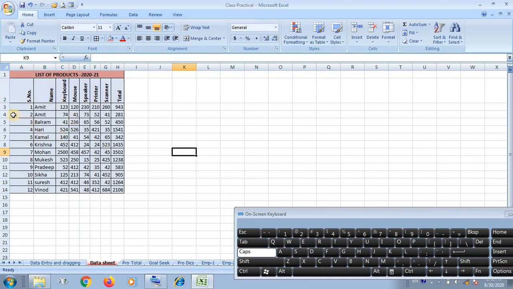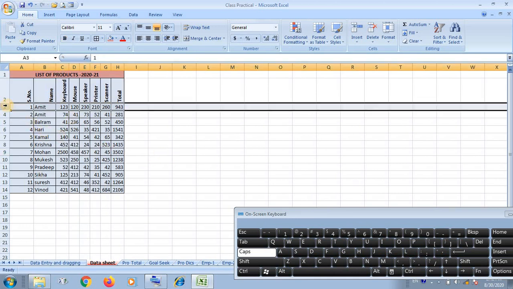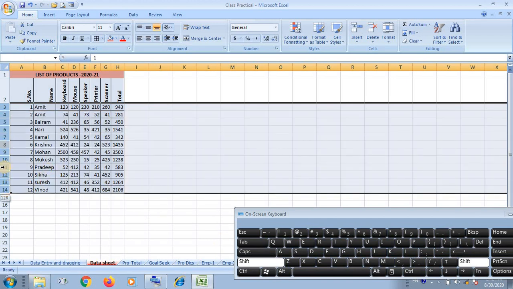Okay, suppose one more thing, if you want to increase the height of all cells, if you want to increase the height of the rows equally at once, then you have to select in this way, and just increase the height in this way.